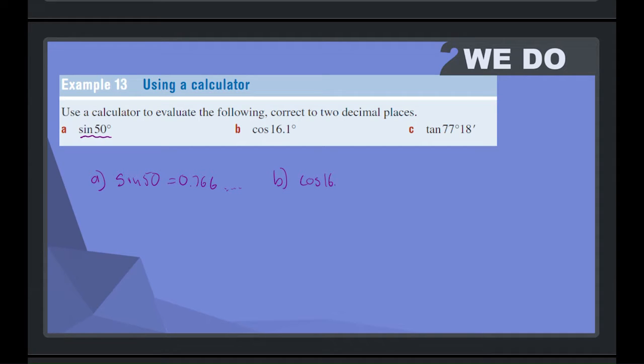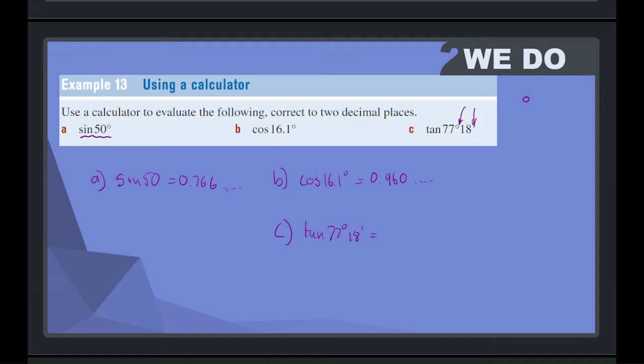Cos 16.1. Again, you just press cos 16.1 equals 0.960... and the last one, tan 77 degrees 18 minutes. If you've not seen this before,